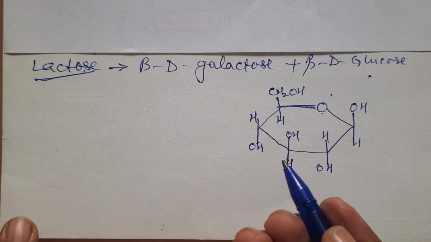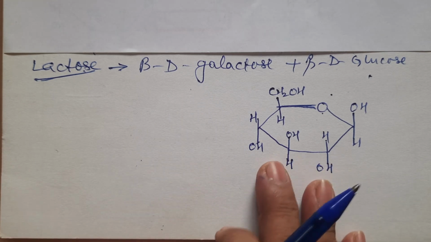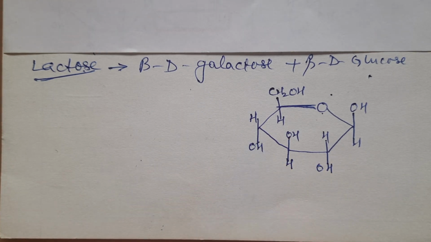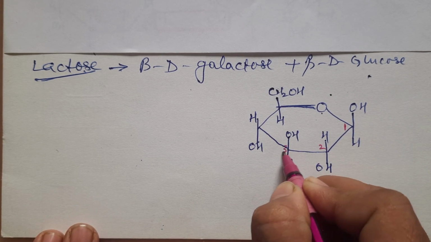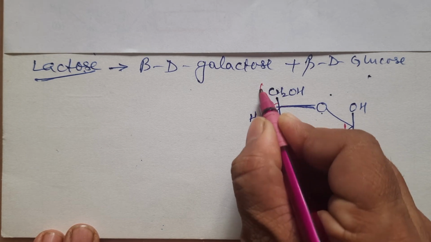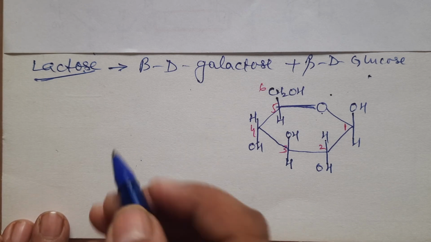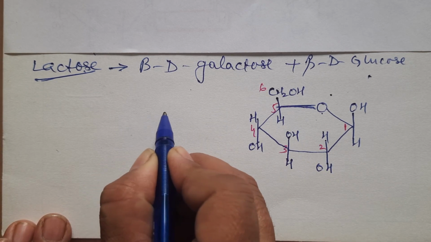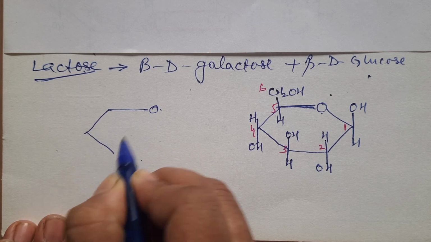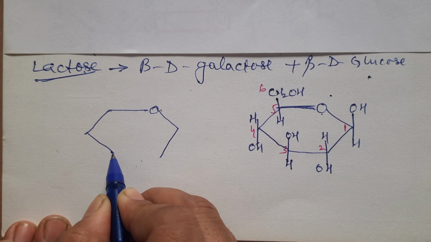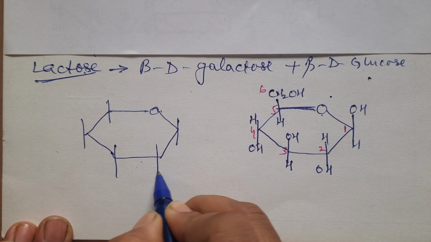Okay. And what is beta D galactose? It is exactly like this, but the only difference is at the fourth carbon atom. Let me number these carbon atoms first. 1, 2, 3, 4, 5, 6. 6 carbon atoms are there, right? And what is the beta D galactose structure? Children, it is the same structure. If you know beta D glucose, we know galactose also. You draw everything, but for the fourth carbon atom, the things are opposite. That is the galactose structure, right?